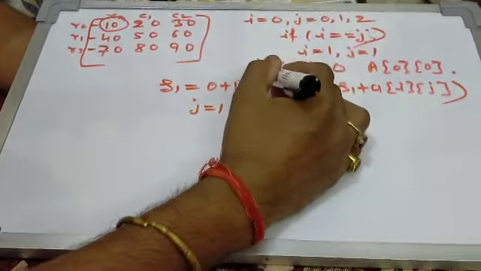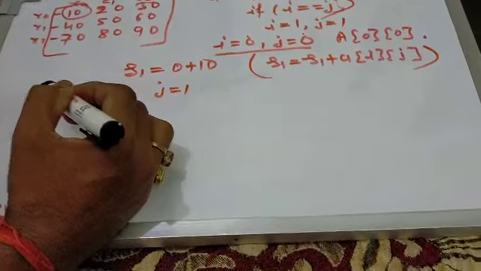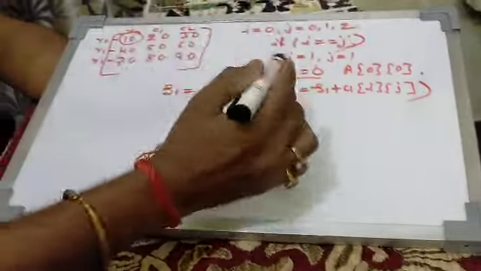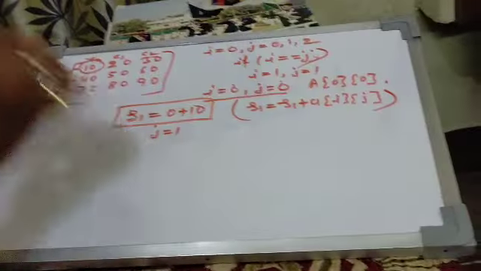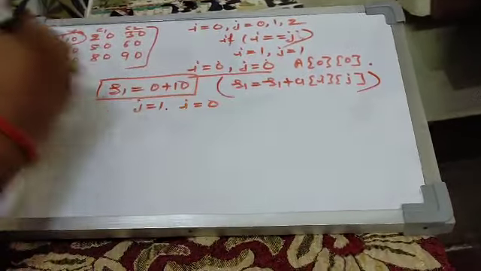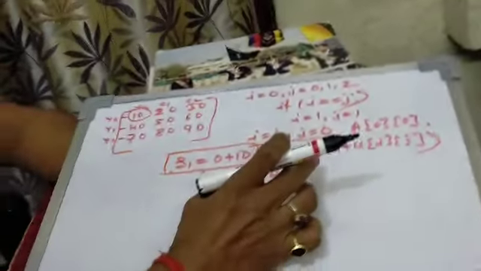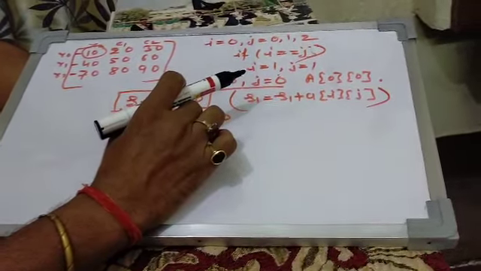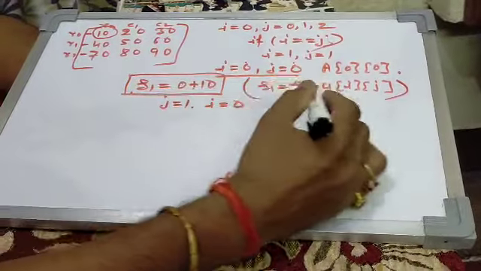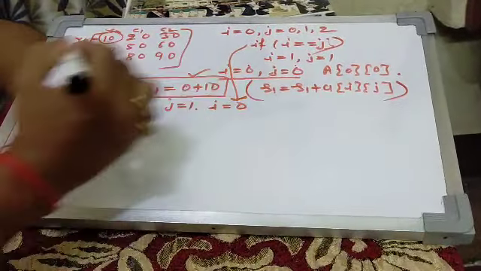Here if we consider this condition, i is equal to j, only when i is equal to j will this statement be executed. In the next iteration j will be 1, but i will remain 0 according to the outer loop. So i will be 0 and j will be incremented by 1, and the value of j will be 1, but the condition is false according to this statement. The condition will be false, so this statement will not execute.